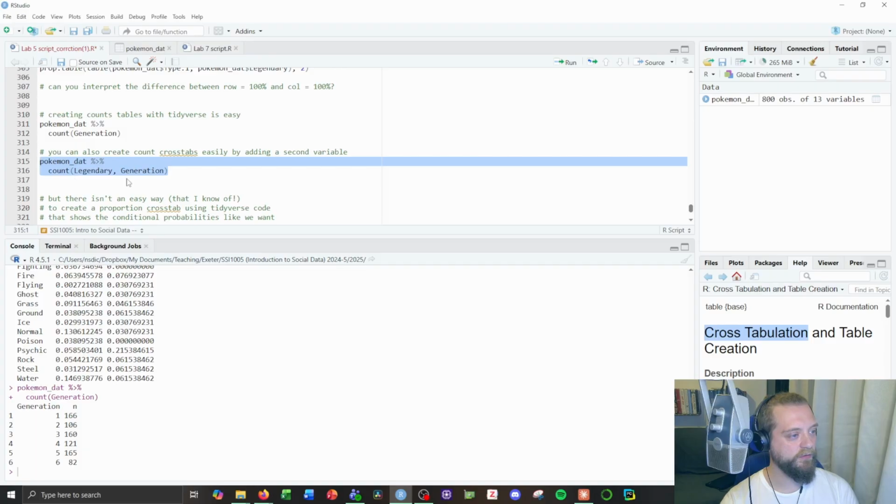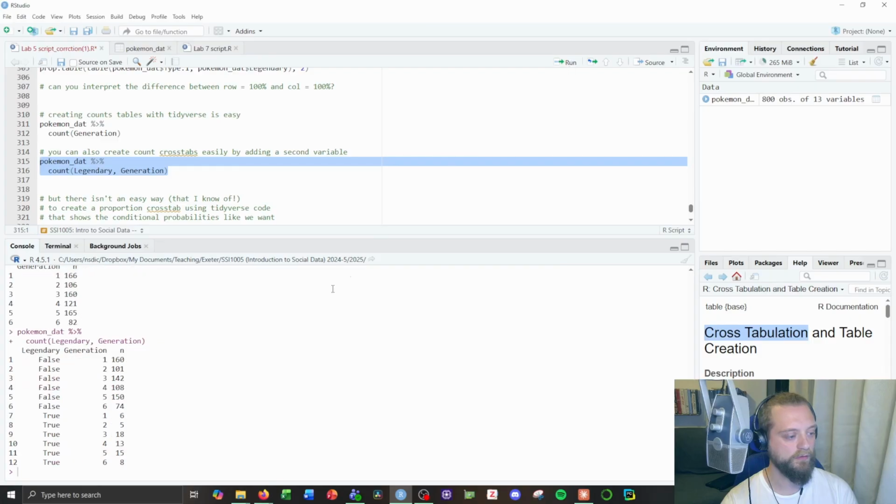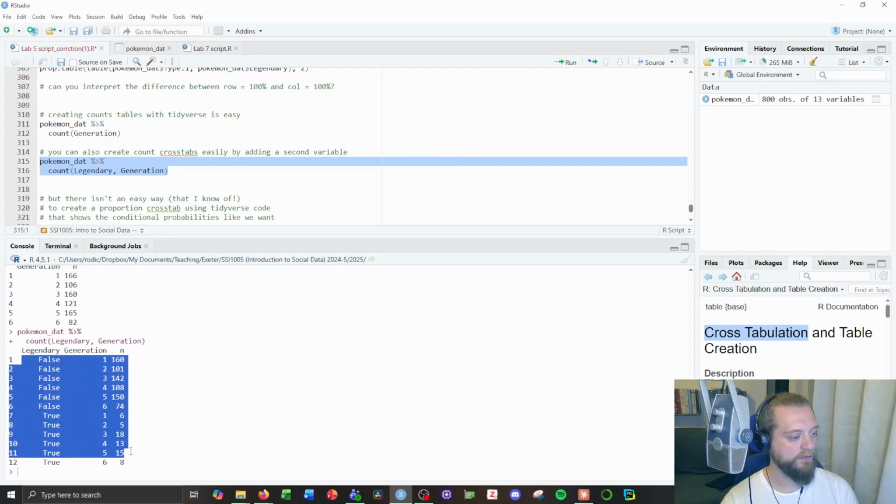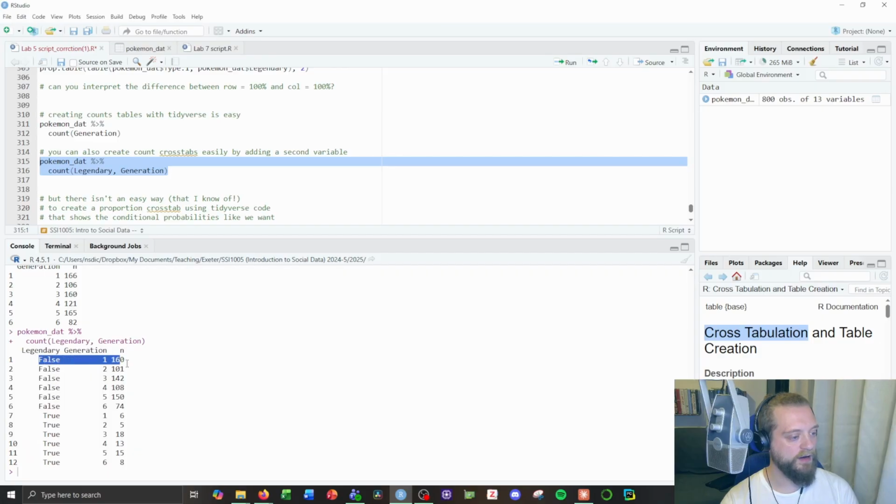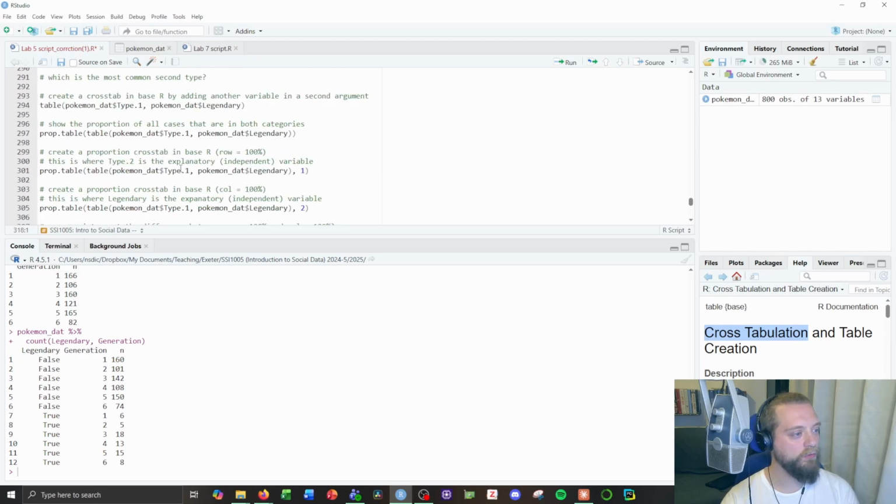We can also do cross tables this way. So you can see here I've entered two things, legendary and generation. And we've got, again, a kind of table where we're going across rows here. Now, there are things we could add to this to create proportions as well, but they're all more complicated than